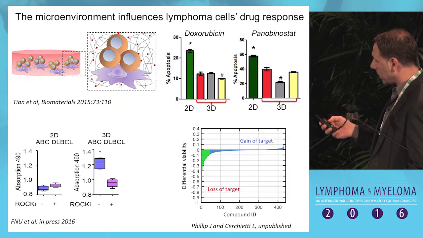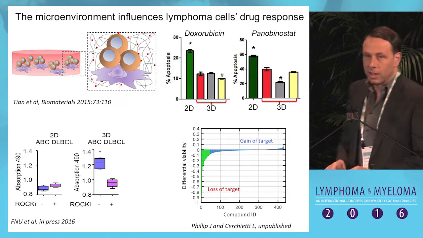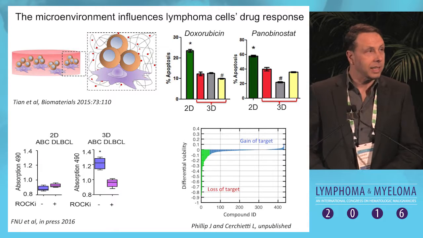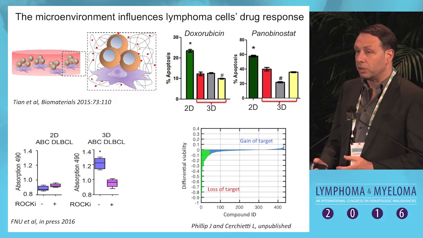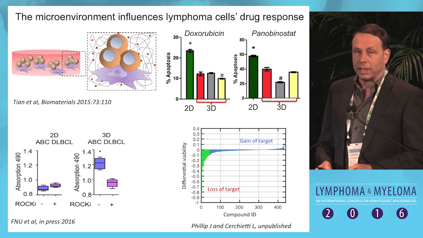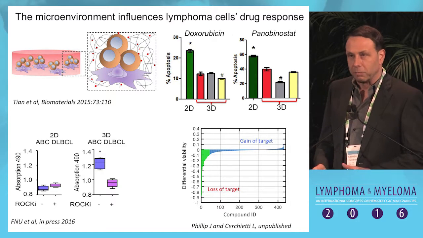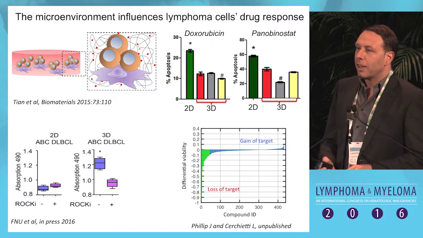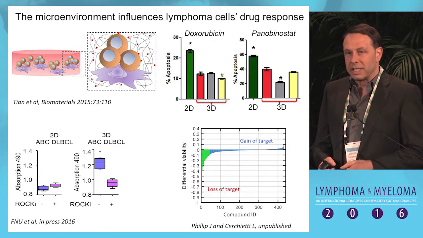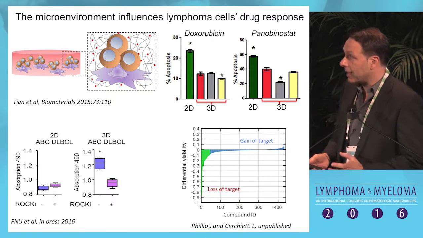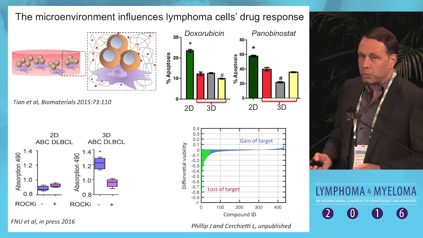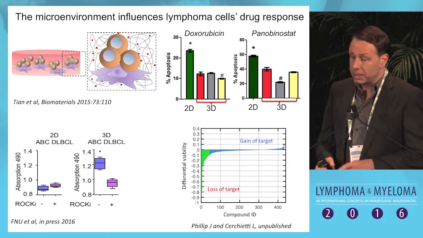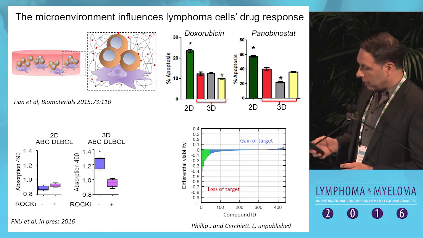Let me put it this way. I wanted to mention first, when we do preclinical work, that we sometimes use different models to study new targets. We discovered that there is something called the microenvironment, and the microenvironment may affect how we see the targets in the cells. These are examples that we published last year, in which we put lymphoma cells, B-cell lymphoma cells, into a